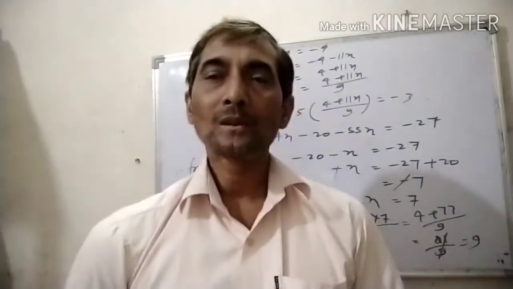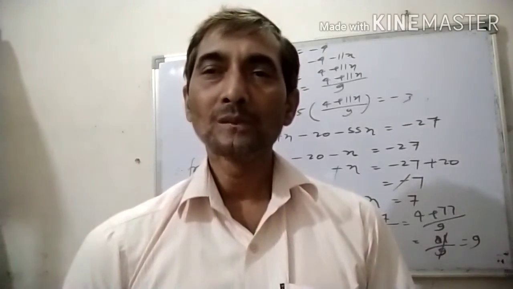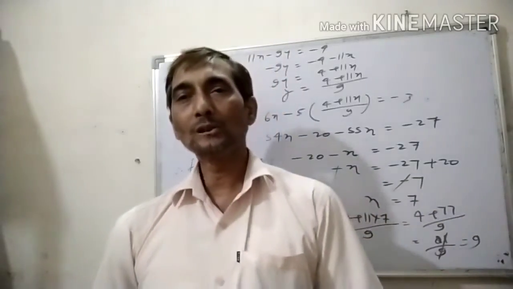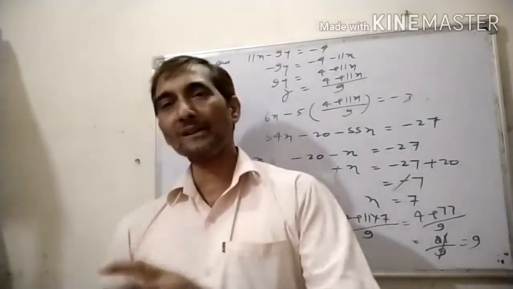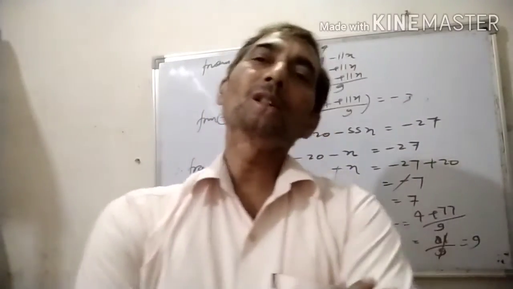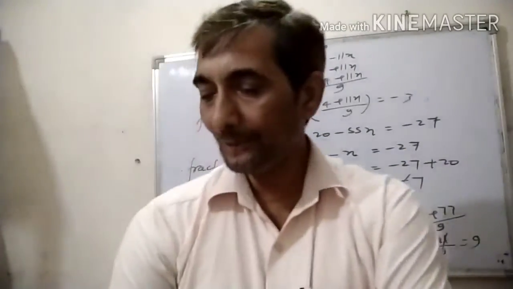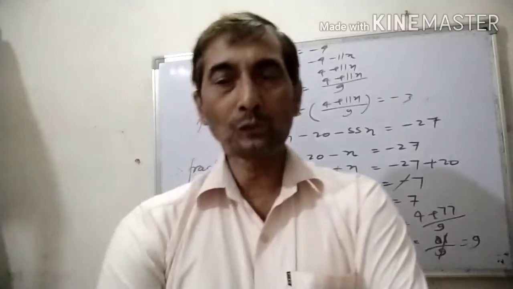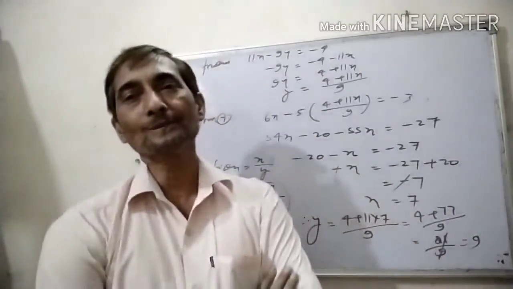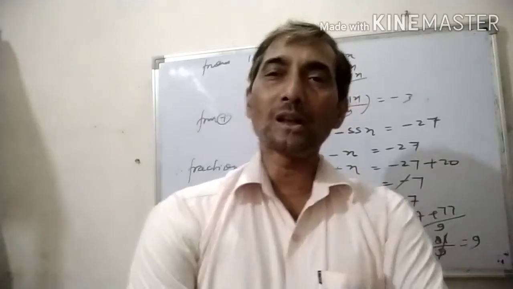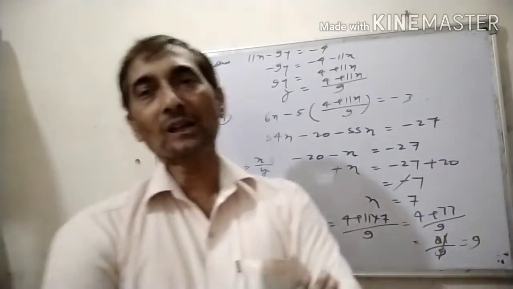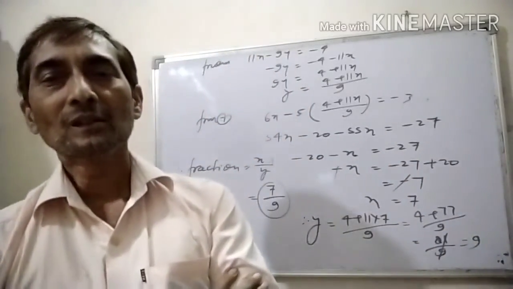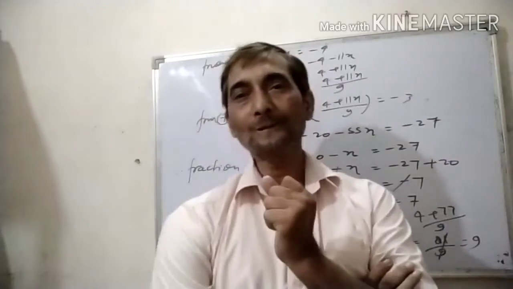When you are going to solve this type of problem, that means a fractional problem, then you should consider total fraction x upon y, in which x is numerator and y is denominator. After this, you should come to your question, the condition of the question. Using the condition of the question, try to make the equations, and when you have prepared the equations, then solve them by any method. At this time, substitution method.